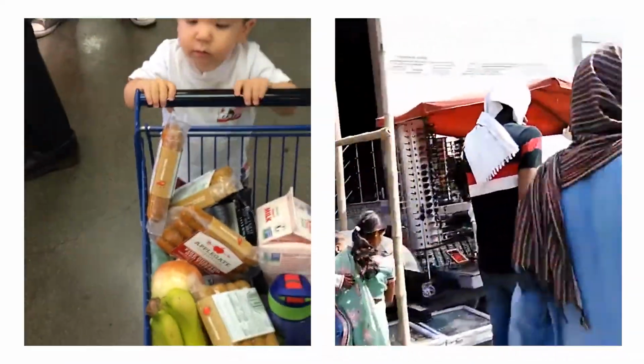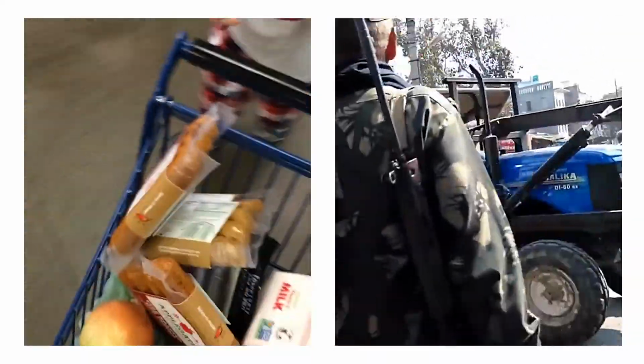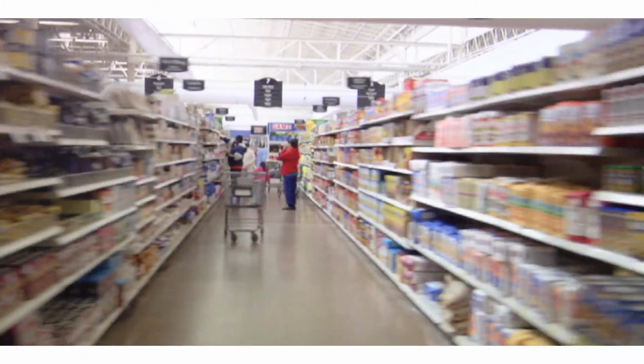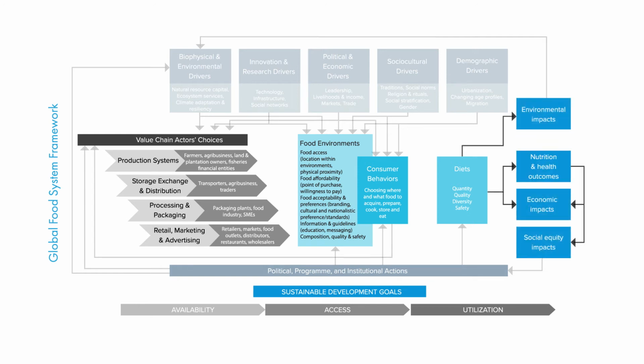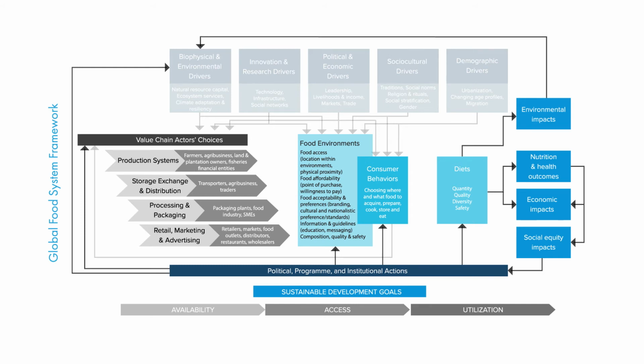And what influences choice is that food environment. It could be packaging, placement of food, the branding of food, the cost, the preferences of that consumer. That then influences the quality of the diet, the safety of the diet, and the diversity of the diet. The diet then influences nutrition outcomes, which has societal consequences, environmental consequences, equity consequences. So that pathway that I'm explaining and that's shown in the framework really walks you through from production all the way to health outcomes.